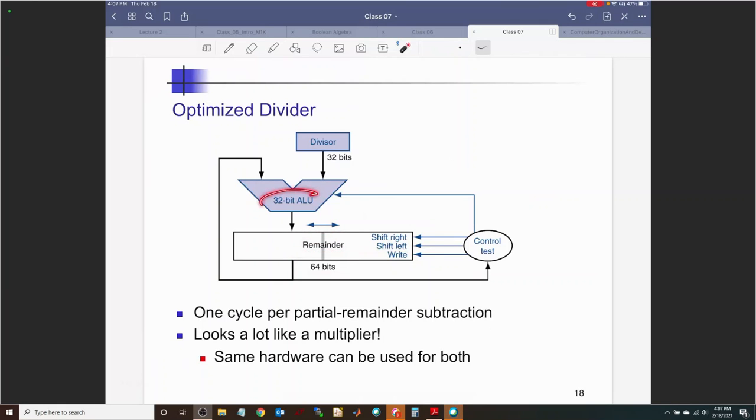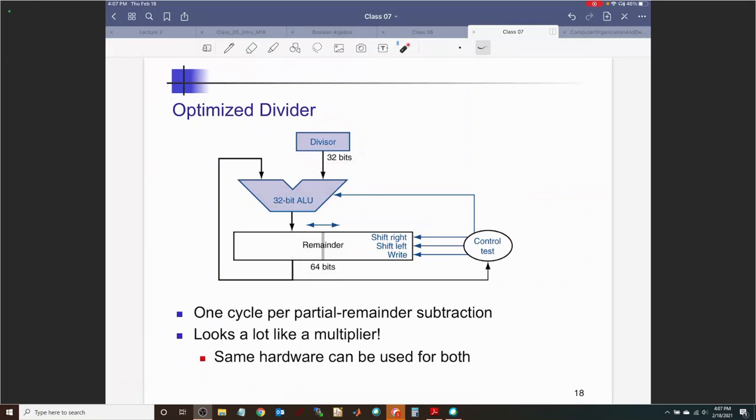This one is a 32-bit ALU, the divisor is 32 bits. So as we went from a non-optimized multiplier to an optimized multiplier, we are going from a non-optimized divider to an optimized divider. In this, the benefit is